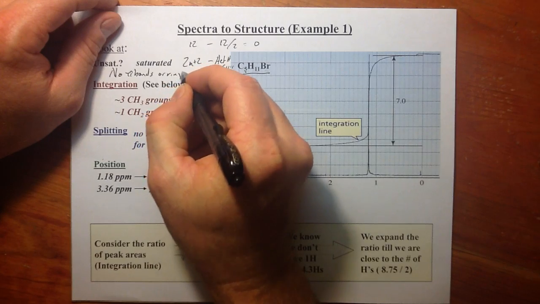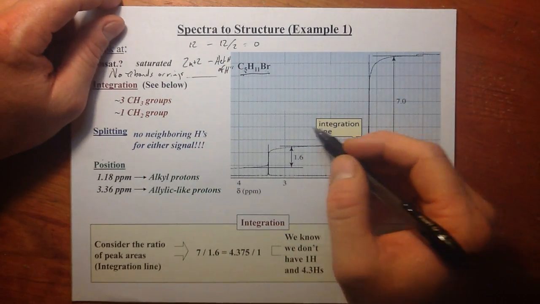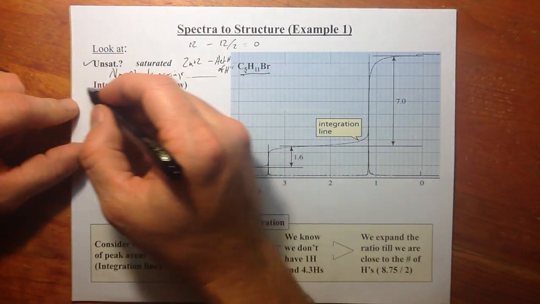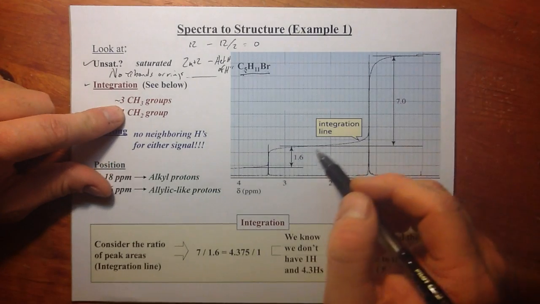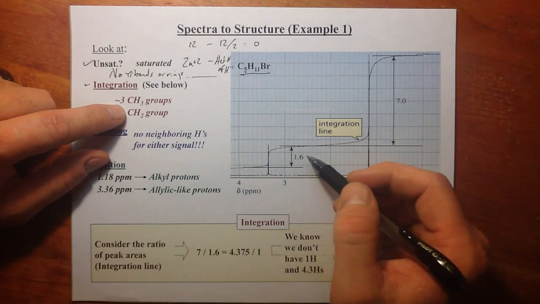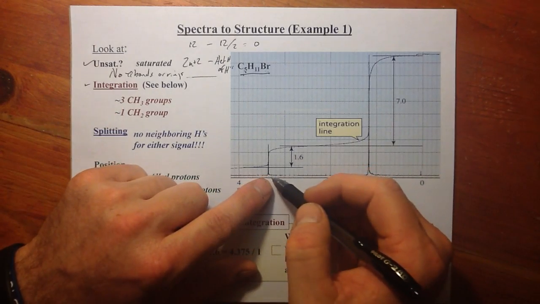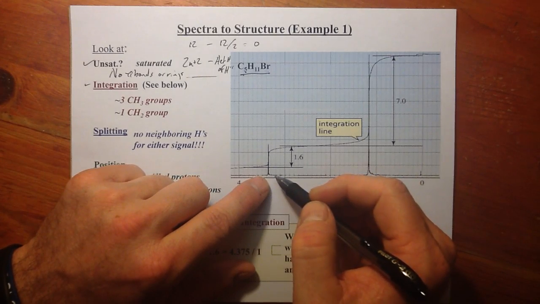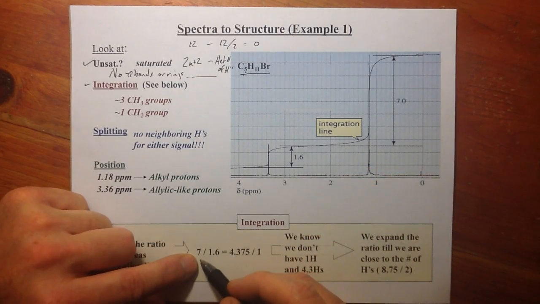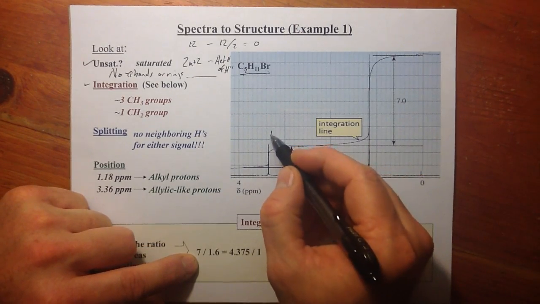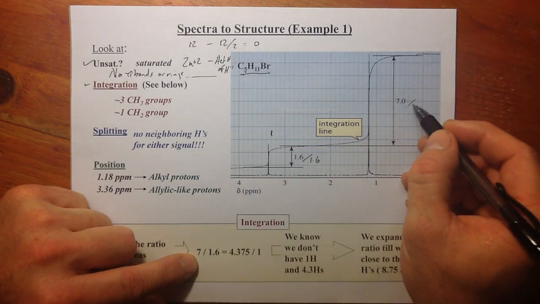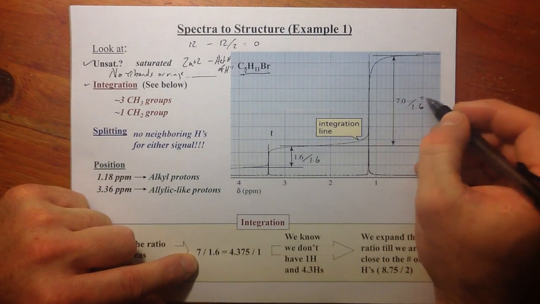or rings. So integration, let's look at that. That was our second thing. So we looked at unsaturation. It is fully saturated. Integration, 7.7 and 1.6. Now you certainly can't have half a proton. So what do we do with these numbers? What you'll do is take the smallest signal and integrate it to 1. So 1.6 divided by 1.6 and 7.7 divided by 1.6. So of course this would be 1 if we take 1.6 divided by 1.6. But we're going to take the other and divide it by 1.6. That would give us